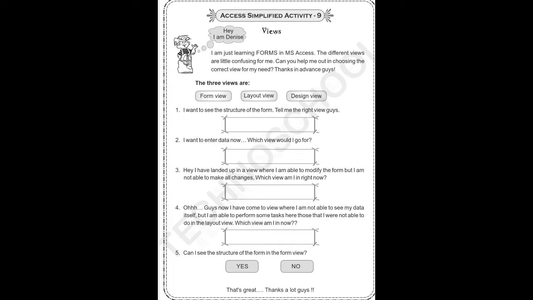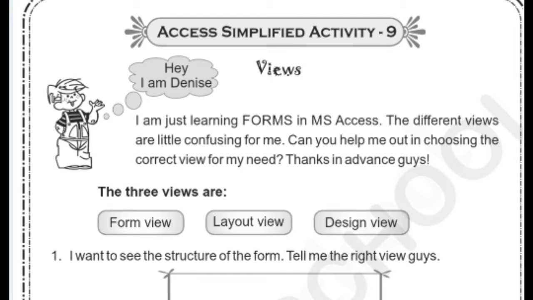So let me explain about the activity. Here we have to write the steps and the names of the icons. Let me explain about this activity. Layout view is the structure of the form. Like that you have to answer these questions. Understand the forms concept, go to the forms area in MS Access, and go through the menus and navigation in the MS Access window screen. You can understand the concepts again and complete this activity. It's a simple activity, children. Understand the questions and give your answers.